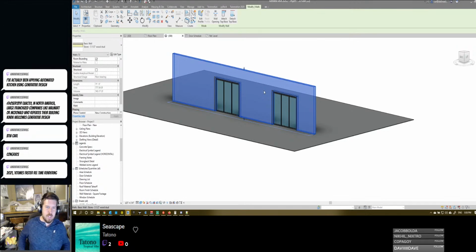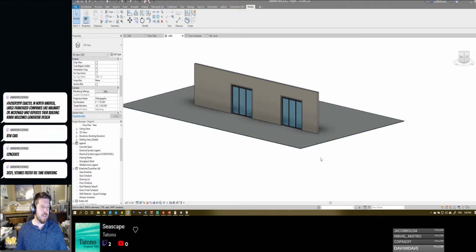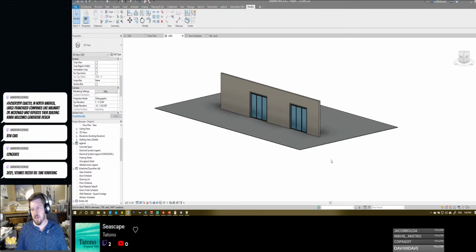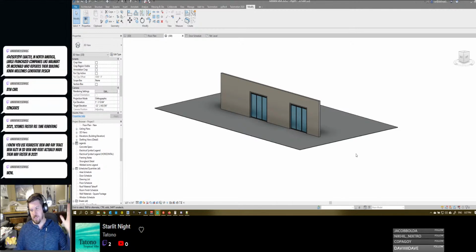So that's not generative design. That is automated design. I actually have worked with a good friend of mine who was on the team who came up with one of the first automations of the way that Walmarts are designed. He had a script in AutoCAD where Walmart would order a store and give the specs for the store. With the Lisp routine, you'd go in and say, okay, this is the spec, check, check, check, check, check. You'd let it crank for about 15-20 minutes, and it would spit out the floor plan for that Walmart. You'd still have to go in and set up the documentation, but that is what